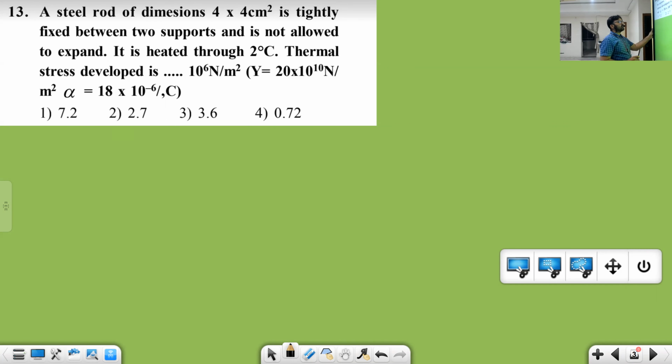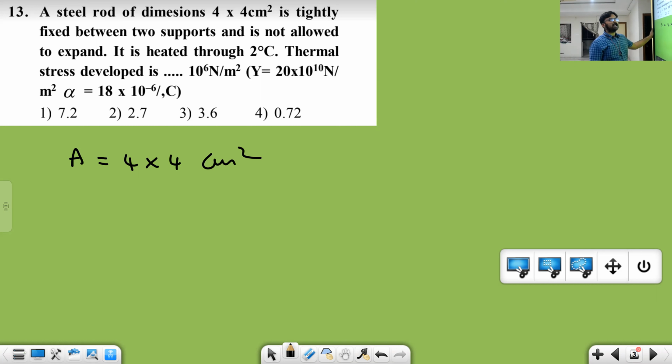Please, can you read this question, Sparsh? A steel rod of dimensions 4 into 4 centimeter square is tightly fixed between two supports and is not allowed to expand. It is heated through 2 degrees Celsius. Thermal stress developed is